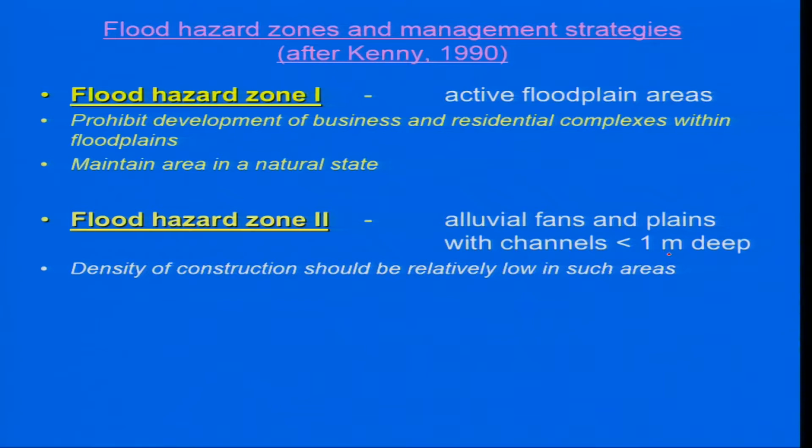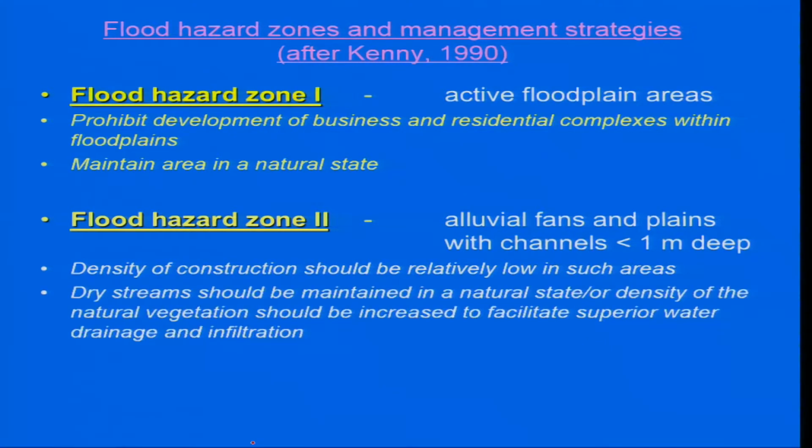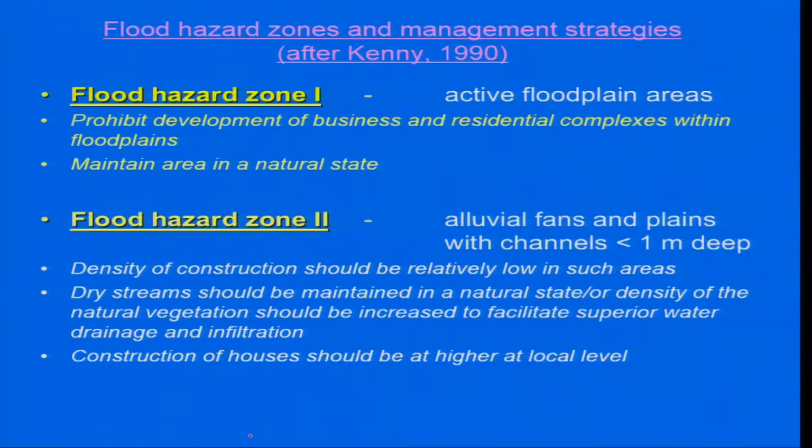Density of the construction should be relatively low in such areas. Dry streams should be maintained in a natural state, or the density of the natural vegetation should be increased to facilitate superior water drainage and infiltration in that particular region. Construction of houses should be at local level. That is, at higher levels one can construct, to avoid the flooding due to